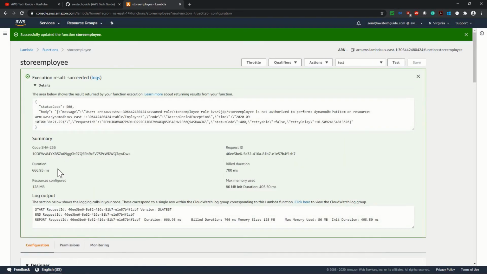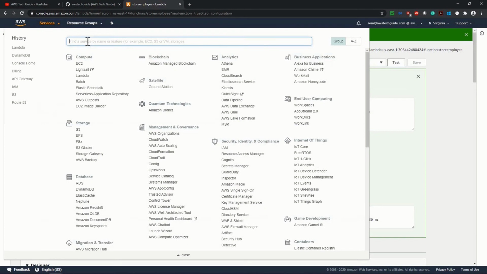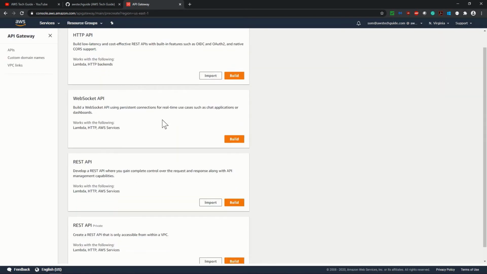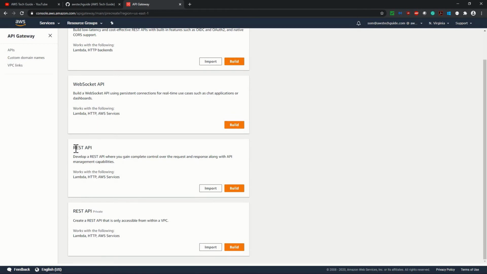Go to details, and as you see that it has successfully executed. Now our next task is creating API gateway, because we will be calling this Lambda function, or invoking this Lambda function, through API gateway. So let's go to service, search API gateway, create API gateway, scroll down, and we will